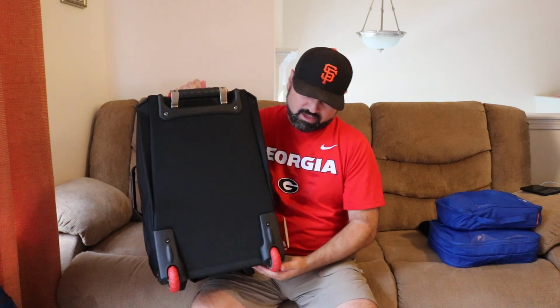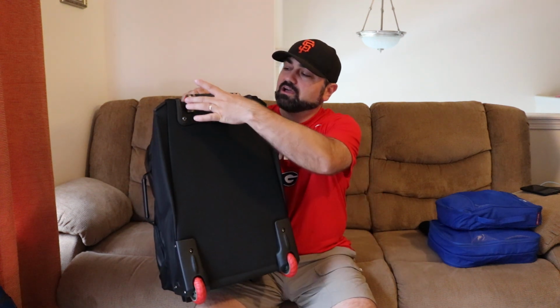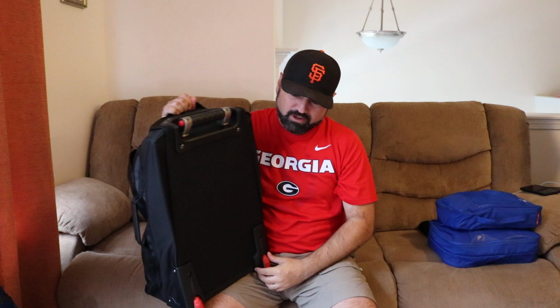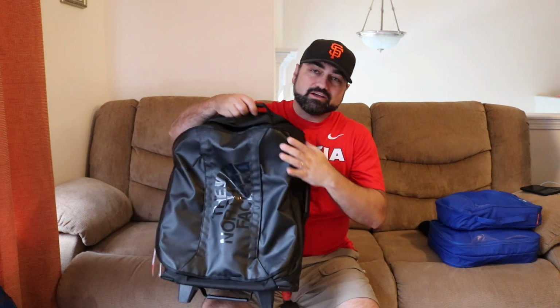If we look, it does have the red wheels. So basically the only thing that stands out, the wheels, a couple of red accents here on the handle, which I love. I'm a big fan of red and black, as you see here. Looking at the front of the bag,